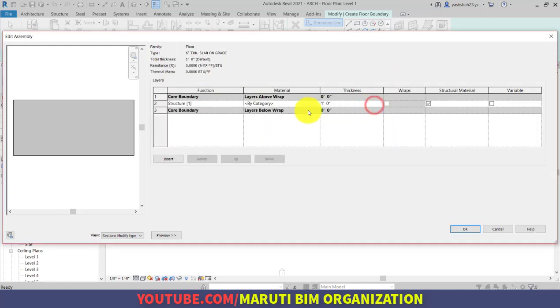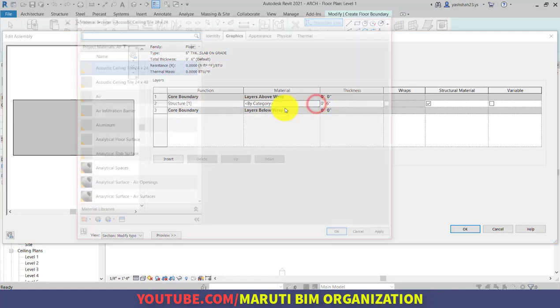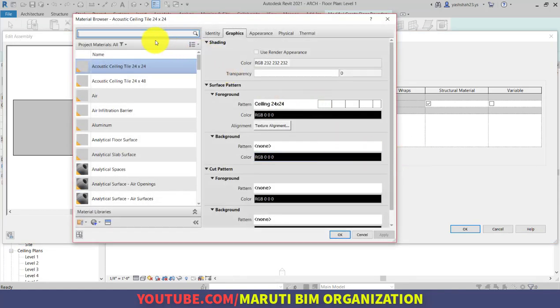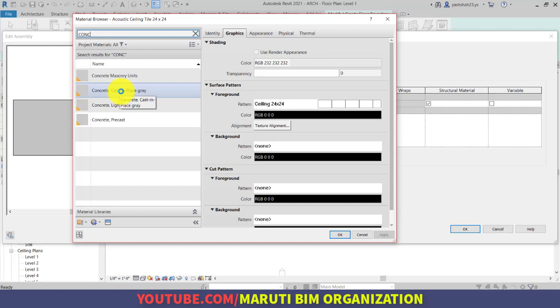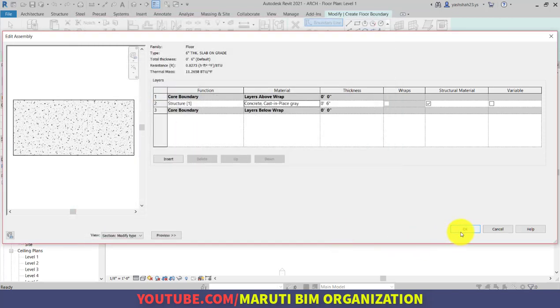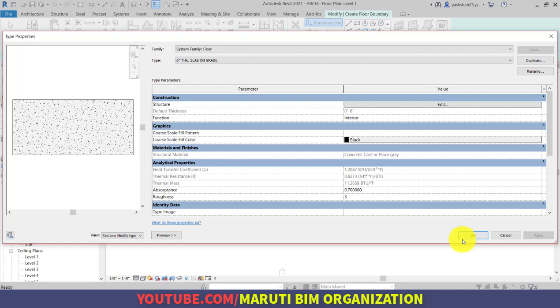We will go to Structure Edit, thickness 6 inches, and the material that has been used is concrete, cast in place gray. You just type CONC, so it displays Concrete, Cast-in-Place, Gray. Click OK. Again click OK. Again click OK.